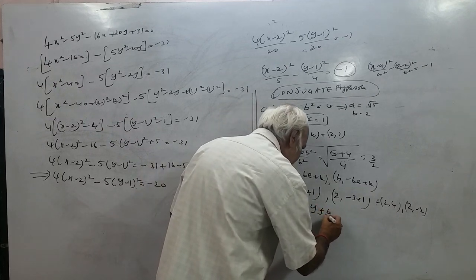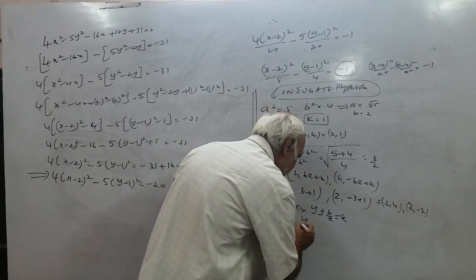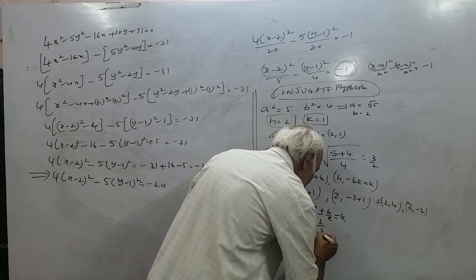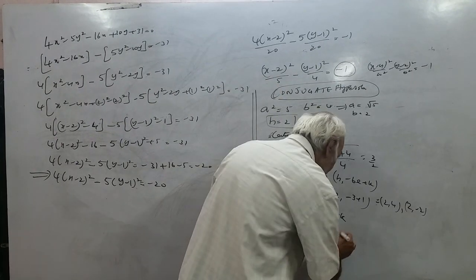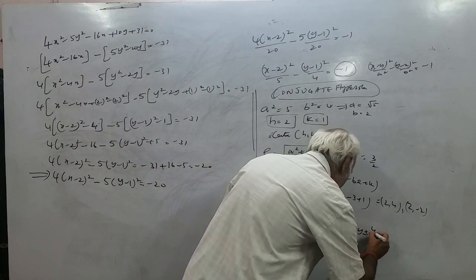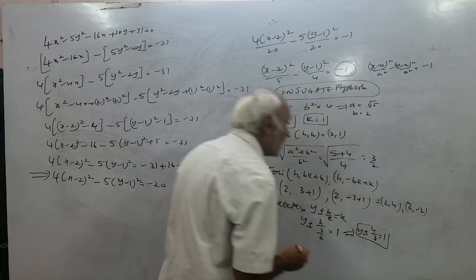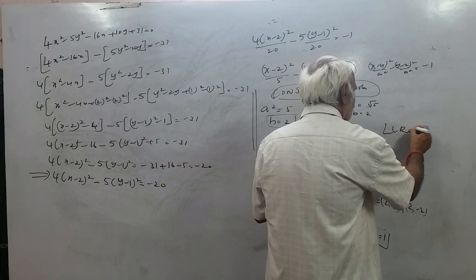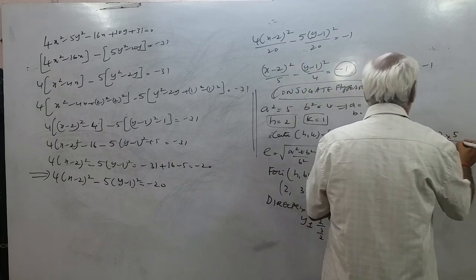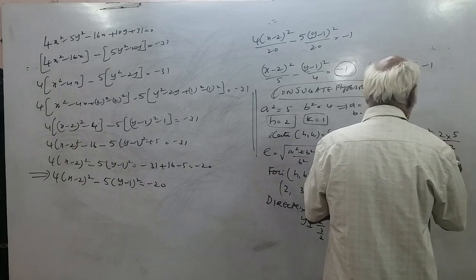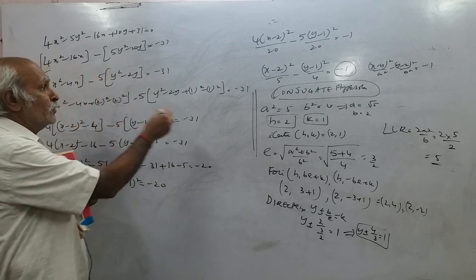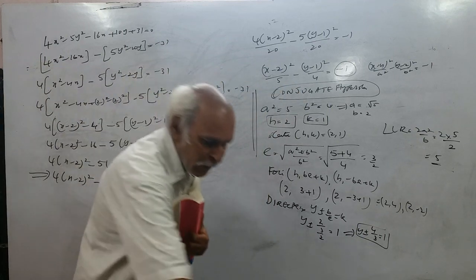y plus or minus b by e is equal to k. So y plus or minus b value. What is the b value? 2. 3 by 2 is equal to k value, what is it, sir? 1. Right? Therefore, y plus or minus 4 by 3 is equal to 1. And last, length of latus rectum. 2a square by b. What is the a square value? 5. And what is the b value? 2. That is 5. So once you get a minus sign, you are right, it is a conjugate hyperbola.